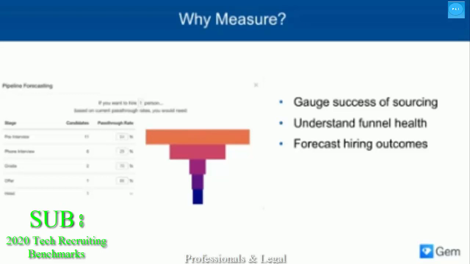Thanks, everyone. Okay, so why measure? Well, if you can't measure what you're doing, you won't know what's working for your team or for your prospects or candidates, for that matter. Best-in-class talent teams are tracking metrics nowadays and using them to make data-driven decisions. Sources and recruiters use data to discover what outreach results in the most interested responses. Talent operations can get a bird's-eye view of hiring across the board and shift strategies where needed. And hiring managers can see the health of their individual pipelines, understand where candidates are dropping off, and optimize their process based on data rather than gut instinct. And the entire team can know whether they're on track to hit their hiring goals.